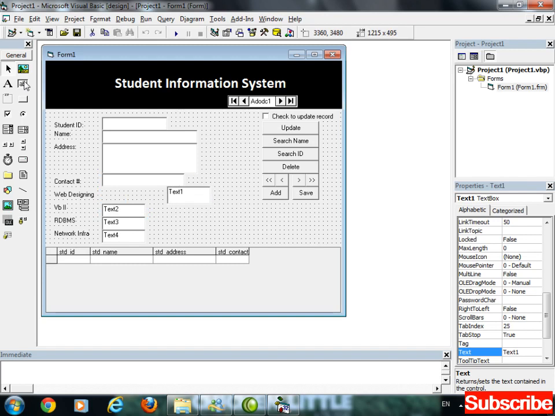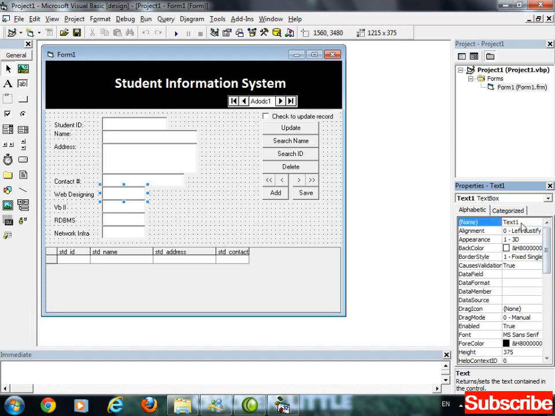And the last one is right here. Remove the text. Here is the text property, okay, from here. Text 2 and this one. Now just provide proper names to each text box. The first one is for web designing.